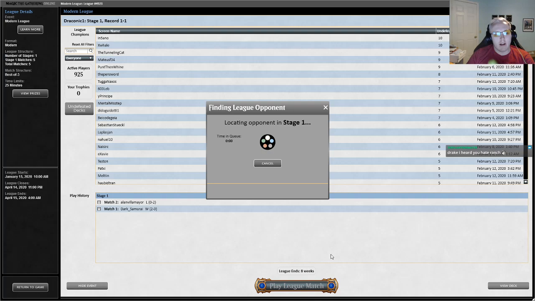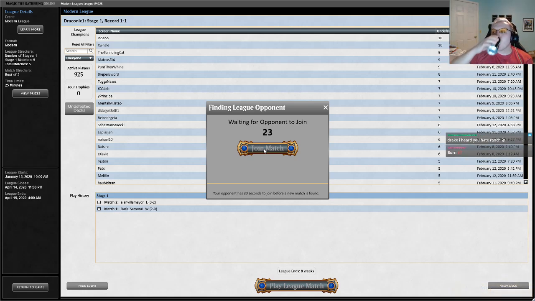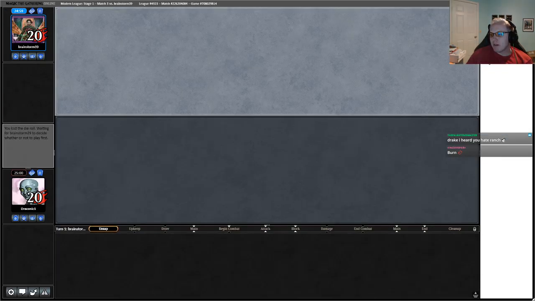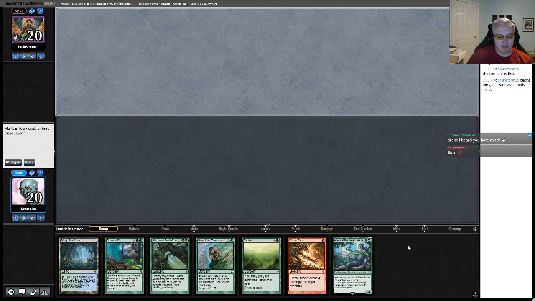Alright, I missed Pioneer already. Drake, I heard you hate Ranch. Well, that was wrong, Tim. I actually quite like Ranch. Burn XD. Yeah, Burn's pretty miserable. Our opponent's name is Brainstorm. You think they're on